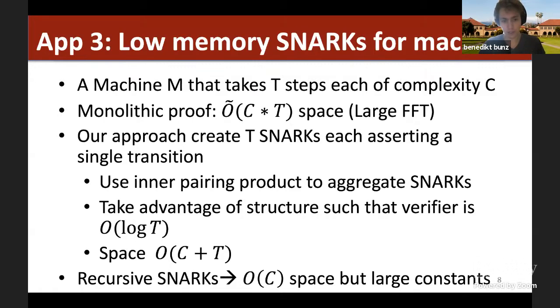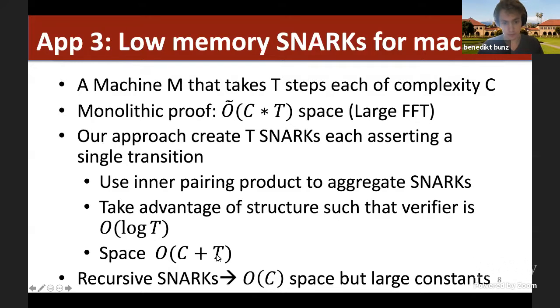Our approach is that you simply create T SNARKs, each asserting a single transition. Then you use the inner pairing product to aggregate all of these SNARKs. We can take advantage of the structure of this computation, so that the output of one computation step is the input of the next computation step, such that the verifier is going to be logarithmic in the number of steps. So the verifier is succinct. This is very efficient. And the space that is used is only